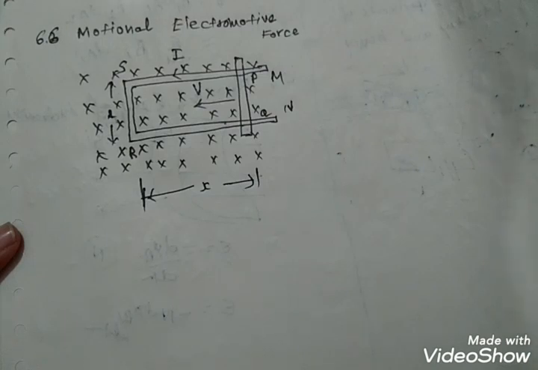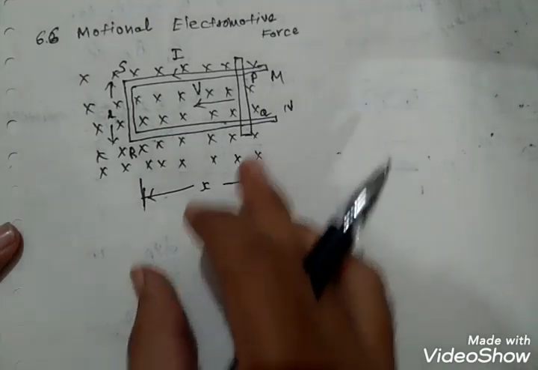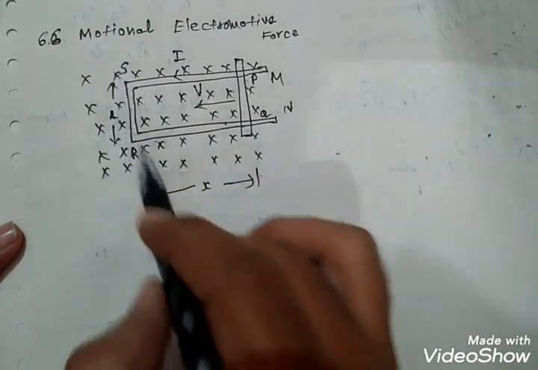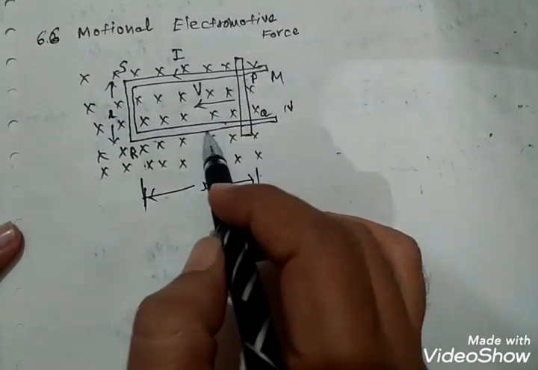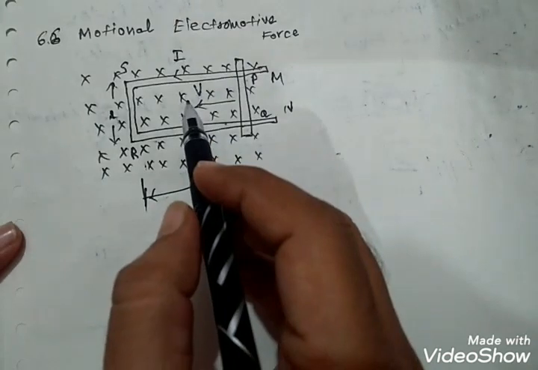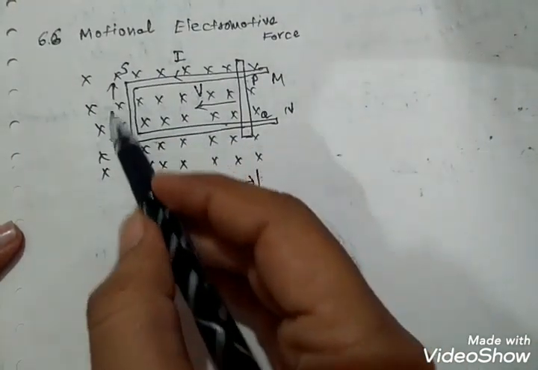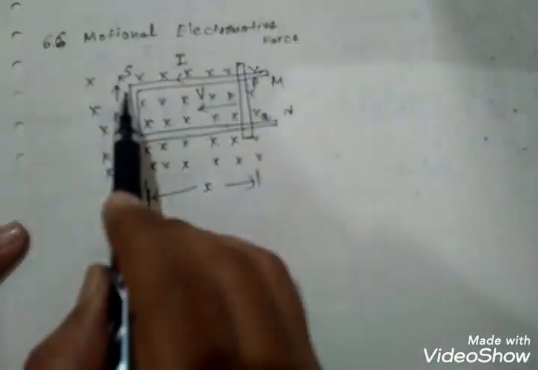Topic number 6.6, Motional electromotive force. Here, consider a straight conductor moving in a uniform magnetic field. This is the uniform magnetic field. Consider a time independent magnetic field as shown in this rectangular conductor